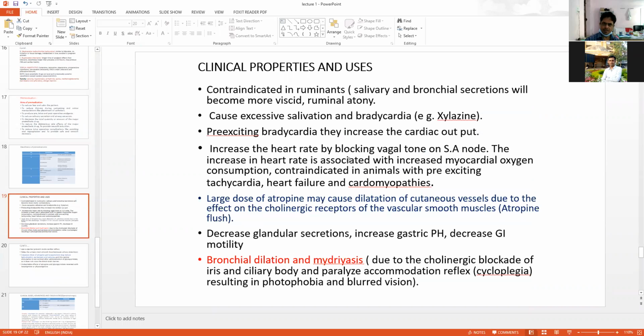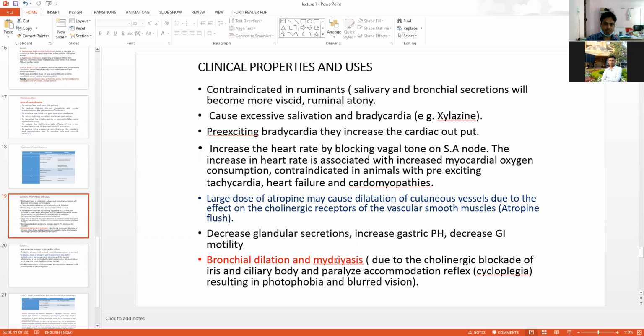Now, this is the clinical uses of some of these pre-medicaments. Xylazine, if you are using it in case of ruminants, it causes excessive salivation, but in dog there is no such type of salivation. And even in case of ruminants, if you are using atropine, what will happen? Huge salivary secretion is there. When you give atropine, it will thicken the saliva and it may block the respiratory tract. So atropine in case of ruminants is generally not recommended as a pre-anesthetic.